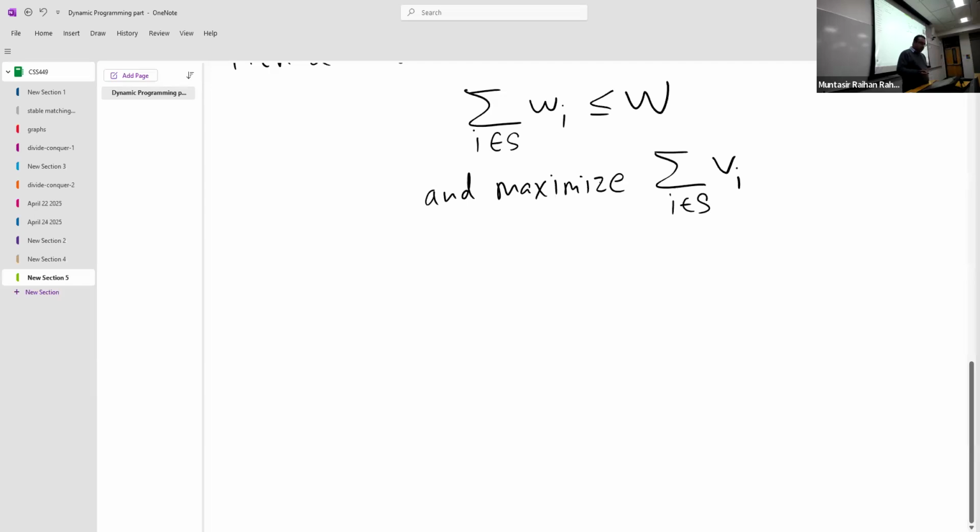Now again we apply the recipe. Is the problem statement clear, like what we're trying to do? Okay, now again, if you follow the recipe, first is what is the recurrence relation. So let's define the knapsack problem as KP, and then KP has